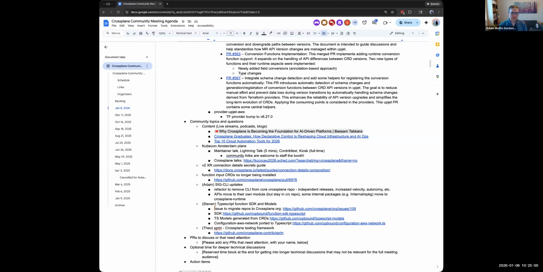It will mean that the common APIs from Crossplane runtime move back into APIs since it's its own module now. And then the dependency graph goes one direction. Crossplane depends on Crossplane runtime and APIs. Crossplane runtime depends on APIs. And we don't have any cycles in there, which is nice. Well, not just nice, it's required. Go doesn't let you have cycles. So that's the work that's in progress right now.